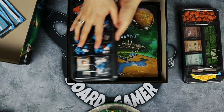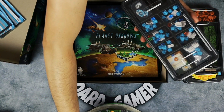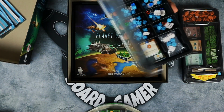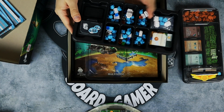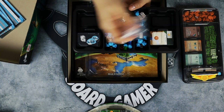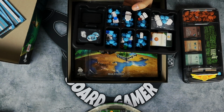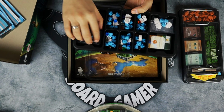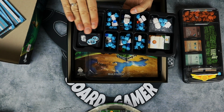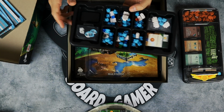And then we have the second tray. And as you can see, the components are running everywhere. So that's what I was talking about. For the second tray now, there are some empty spaces. As you can see, nothing is over here, and I just keep a plastic bag with extra bits over here. I think what they had in mind is if you want to sleeve cards, they will inevitably be higher in